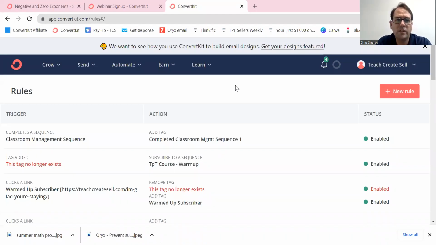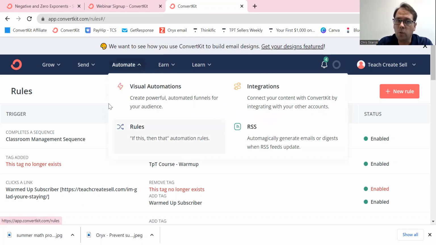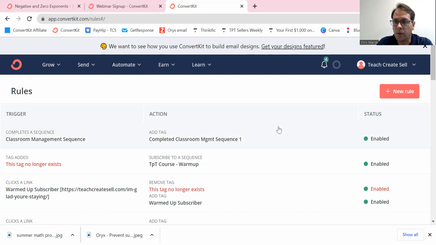Okay, so I want to talk to us about rules and automations, or actually segmenting, but we can add automations in here as well. So under automate, there is a rules section, and that will take you to here. And so what this is, is that something happens, like the customer takes an action or finishes an action, and then another action happens. So for example, and these aren't great examples because a lot of them don't exist anymore, but